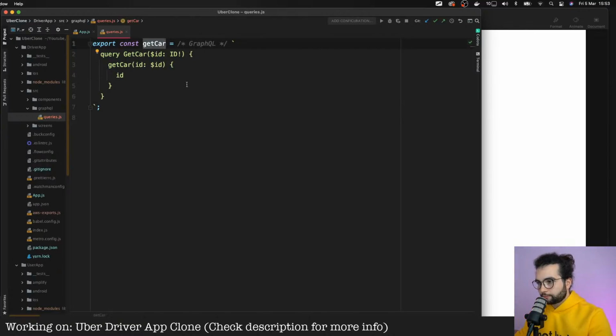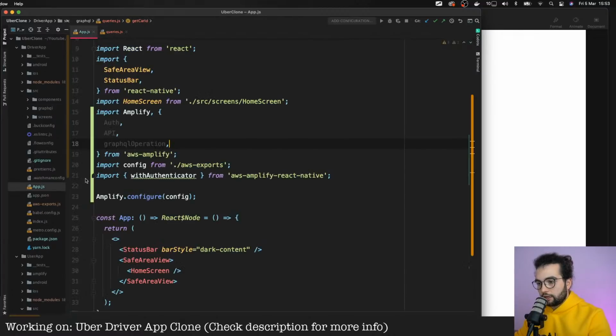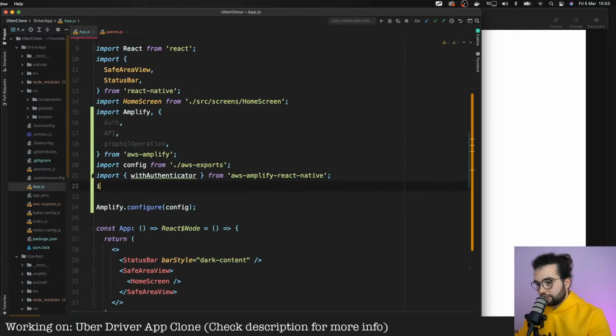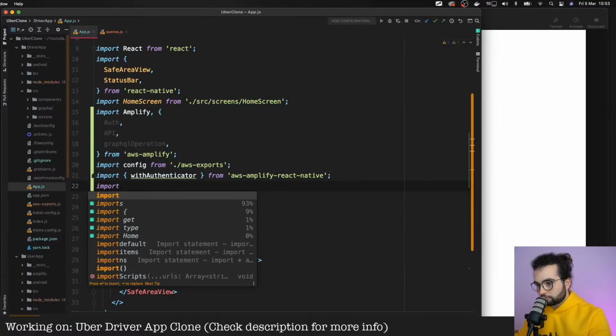Get car. Okay, let's keep it like this, or better, let's say get car ID, because in future maybe we will need an actual query that will get cars. Let's import this get car ID here in our app.js.